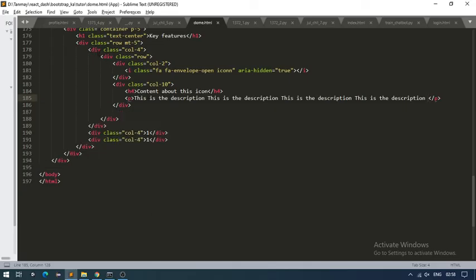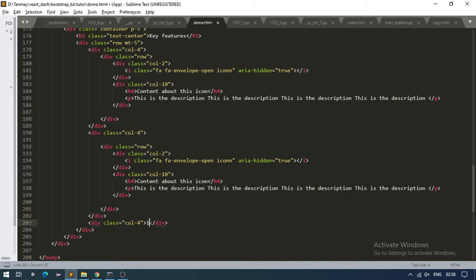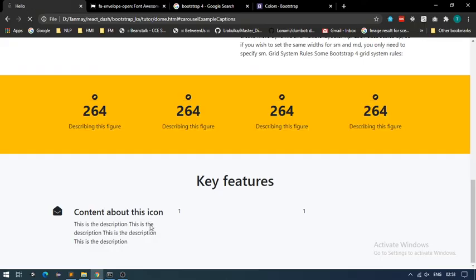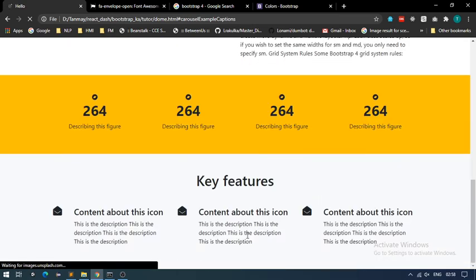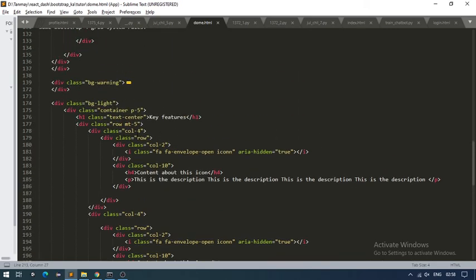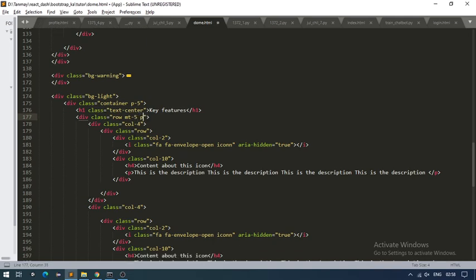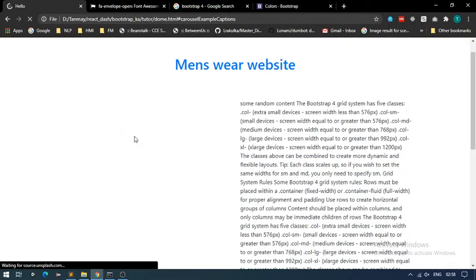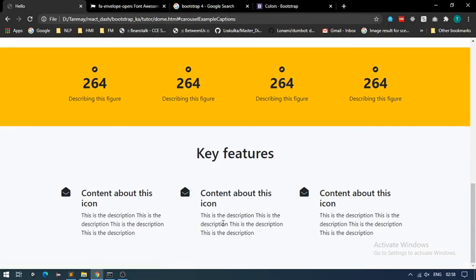So now we would copy the same content for other columns too, where we are displaying one for now. Okay, so this was the thing I wanted to make here. I just wanted to give some more padding here, so give it a padding of 4. Okay, so now it looks